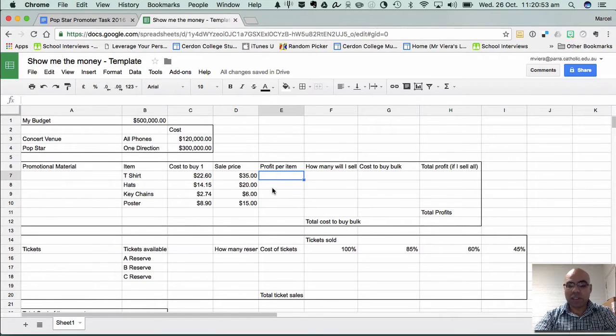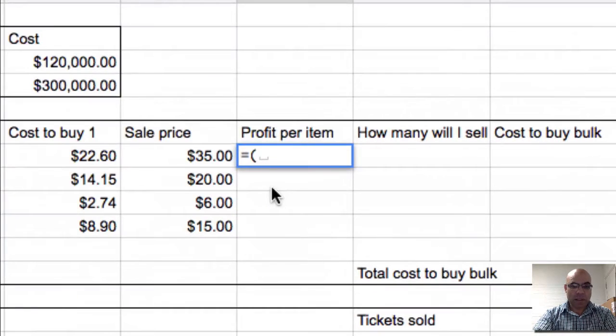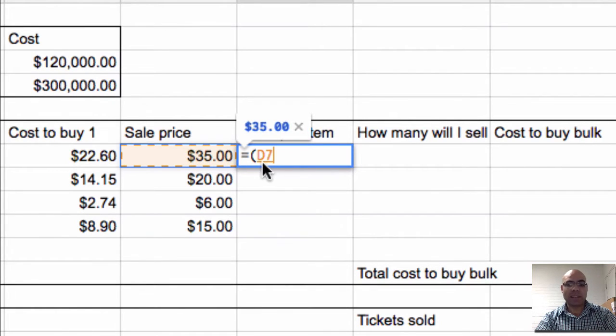But we're going to use a formula to do this. And to do a spreadsheet formula, the language that a spreadsheet needs is that we're going to type the equals sign, and then the bracket, and I'll just zoom in on this a little bit so you can see it better. So we'll go equals, bracket, and then I'm simply going to select the cell. You don't even have to type in 35. The spreadsheet just needs to know what cell you're referring to. So I'm going to type that cell, which happens to be cell D7, and I'm going to type in minus, and then I'm going to take away this one, which happens to be C7 or $22.60, and then close the